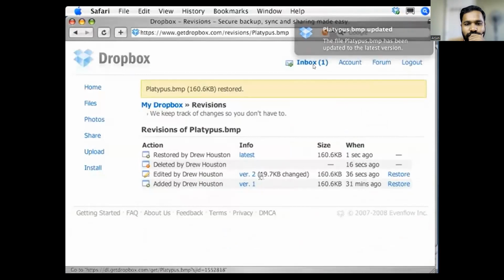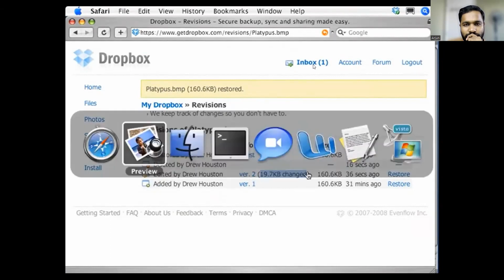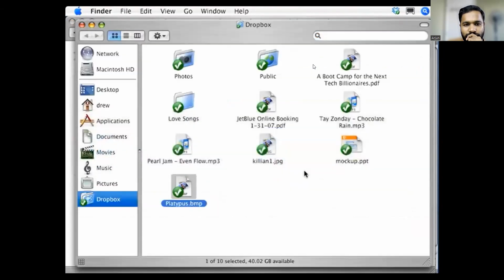And not only do you have the option of restoring the most recent version, but actually any prior version of a file, because every time you make a change, Dropbox saves a snapshot. And Dropbox is also very efficient about the way it handles changes to files and sends only the pieces that change. So in the case of the platypus picture, just sending the delta saved over 80% of the bandwidth. So that covers a lot of how we make it easy to access and protect your own files,